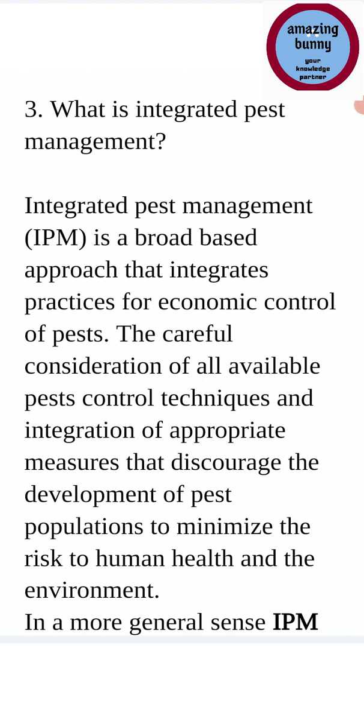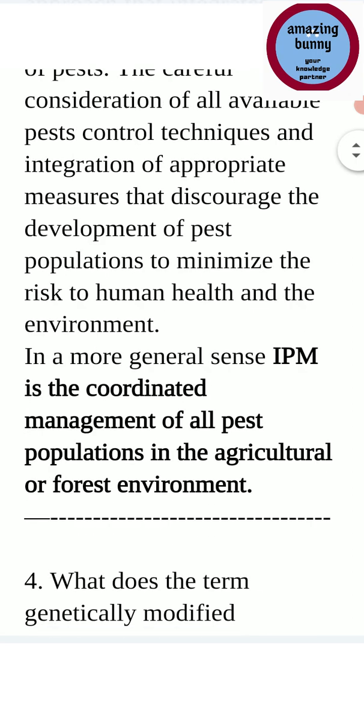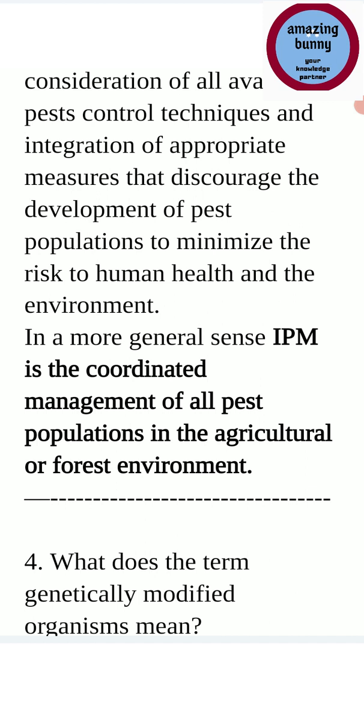IPM is a broad-based approach that integrates practices for economic control of pest. The careful consideration of all available pest control techniques and integration of appropriate measures that discourage the development of pest population to minimize the risk to human health and the environment. In a more general sense, IPM is the coordinated management of all pest populations in the agricultural or forest